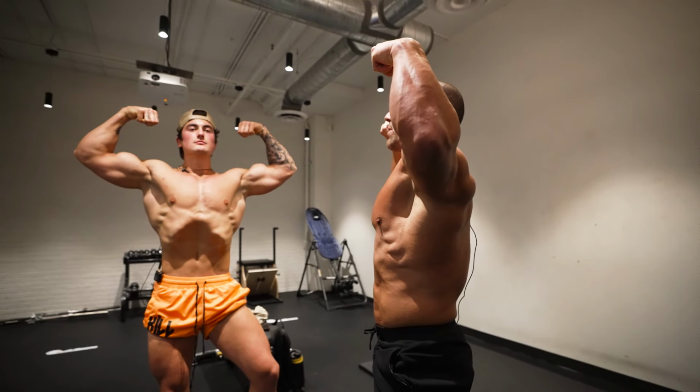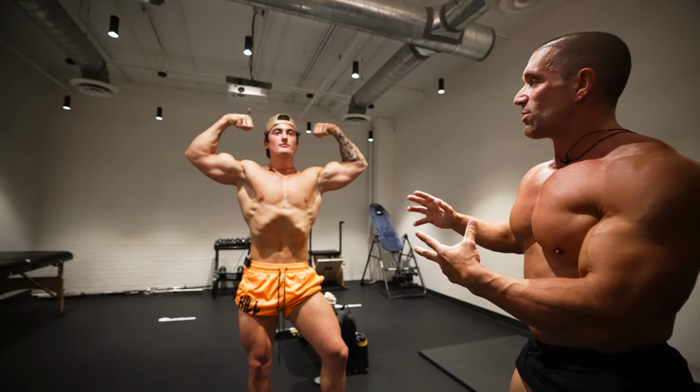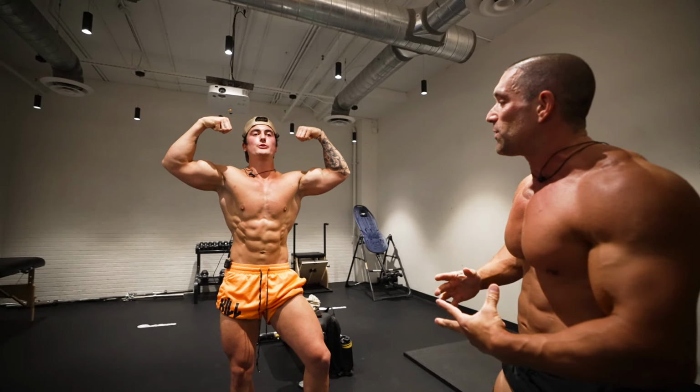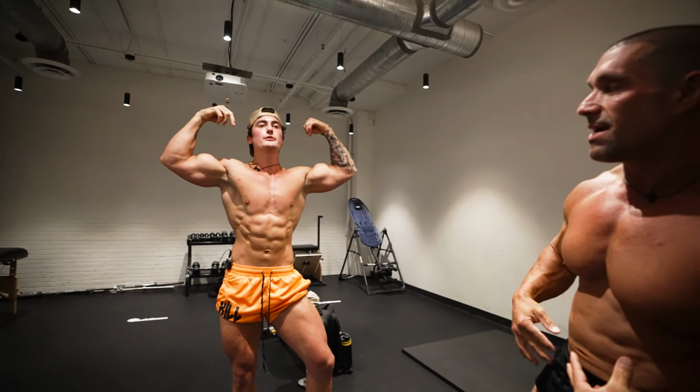Or you can blow out your air as much as possible to see the abs. So that's the sucked in version. Now try it blowing all your air out as if you're doing an ab pose. Am I flexing the abs or not? Flexing the abs. My personal opinion, this is...